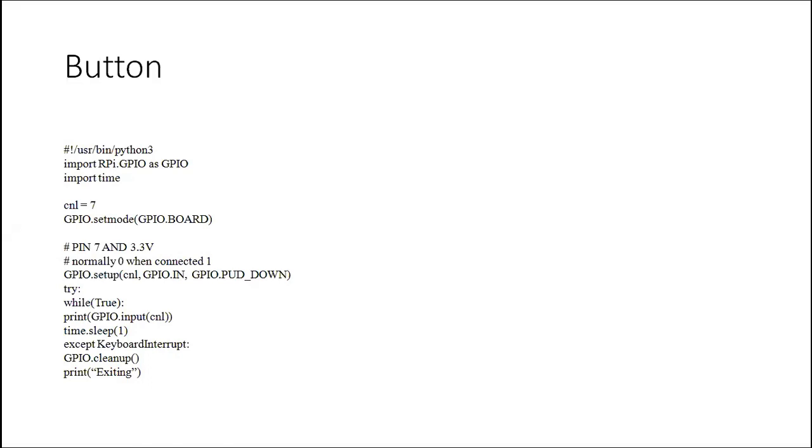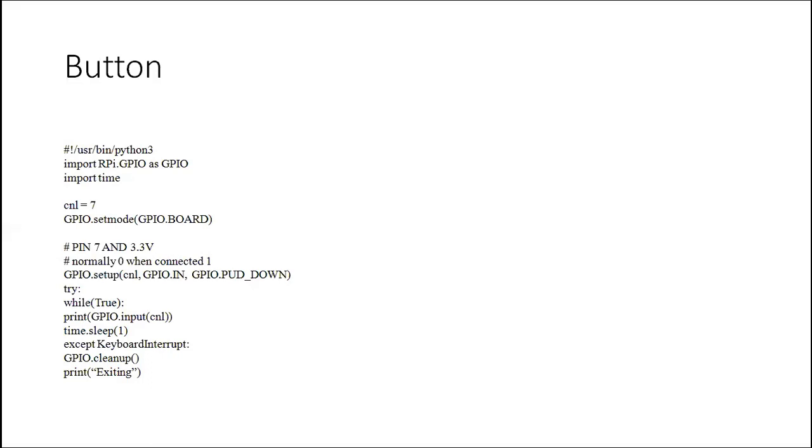And then GPIO.IN means we are setting pin number 7 as an input port, and this is GPIO.down. This is your third parameter, the pull up down parameter. You can write that pull up down parameter equal to GPIO underscore PUD underscore down. Like this also you can write. By default, the third position is for passing the status of your pin, so directly you can pass.